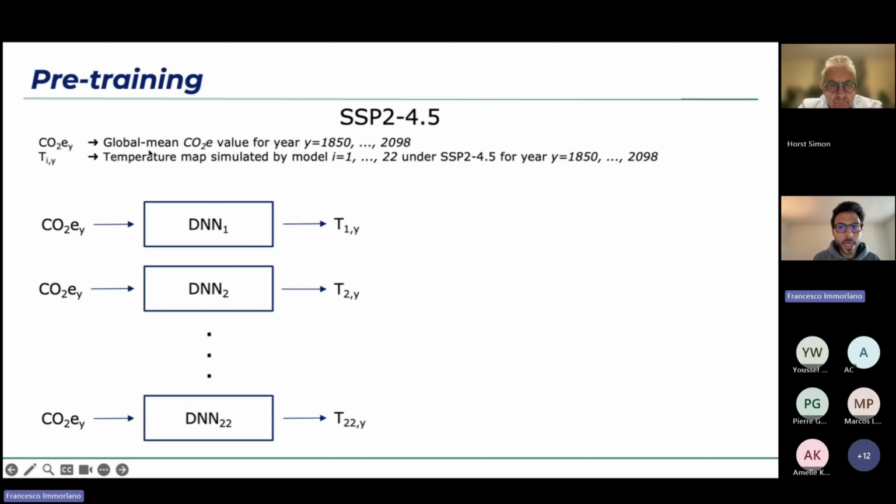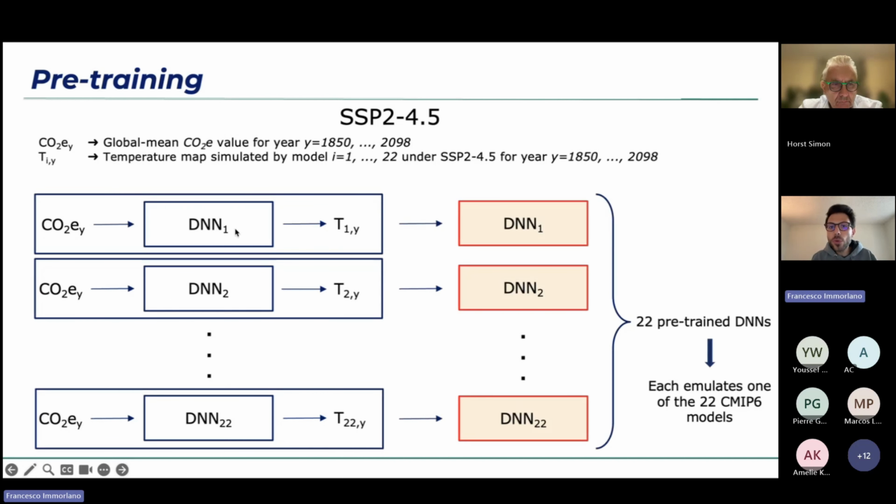So the DNN, for instance DNN1, starts from the global mean CO2 equivalent scalar value for a specific year and predicts the temperature map that was simulated by model 1 for the same year. And this holds also for the other models that are trained on the other simulations. So we end up with 22 pre-trained DNNs that actually are emulators, each one of a single model for the